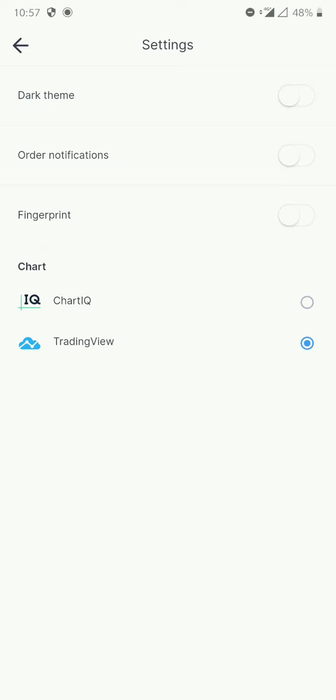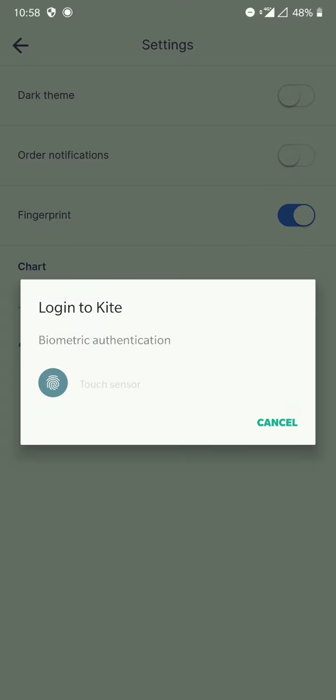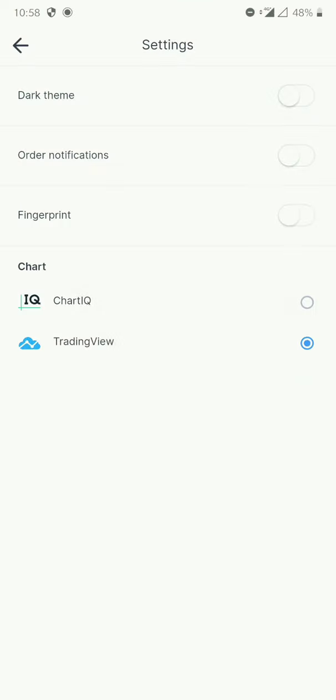Also, now if I use my fingerprint like I told you, if I just open the app and touch my fingerprint, the app will open much faster. That's one good thing, because every time I had to go and type my password, and sometimes I used to forget my password and click forgot password, all that. So now just give a fingerprint and open your application. I think in iOS they have given an option of face recognition, but fingerprint is more than enough for Android, since we are mostly all using Android.